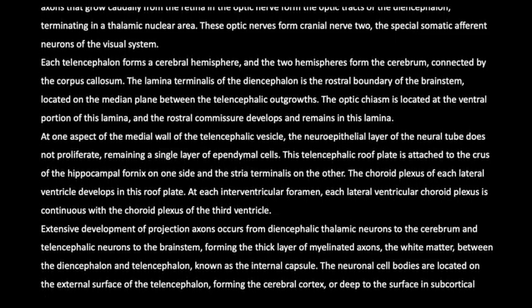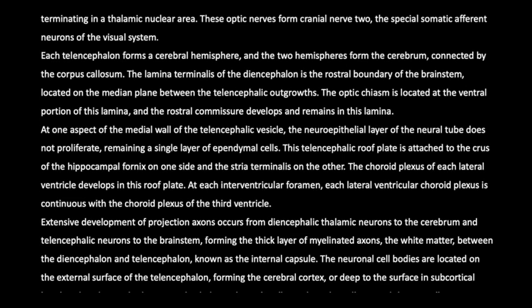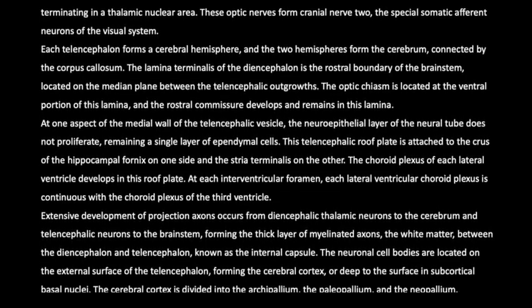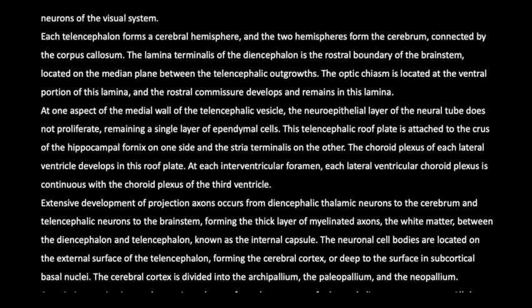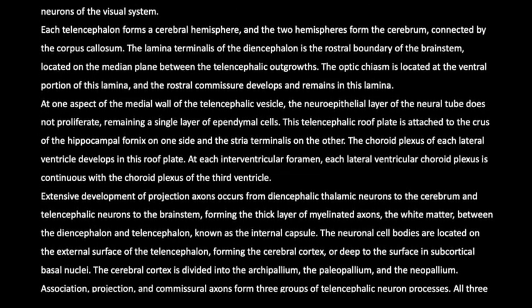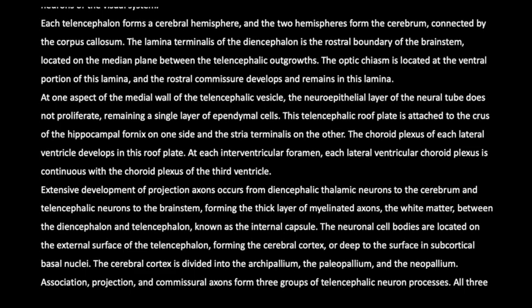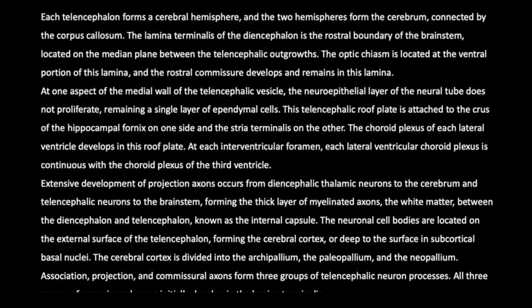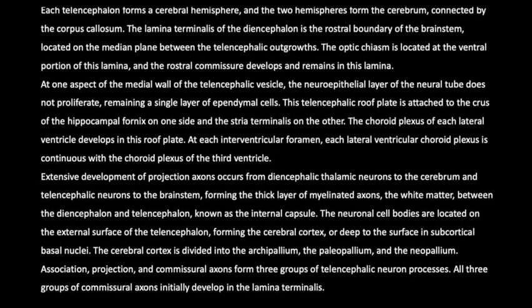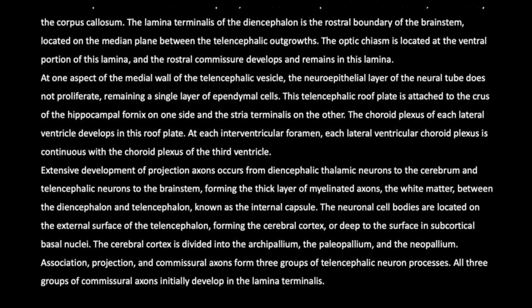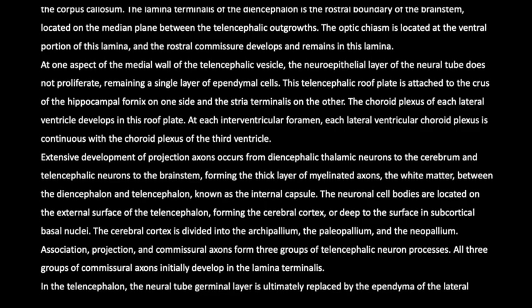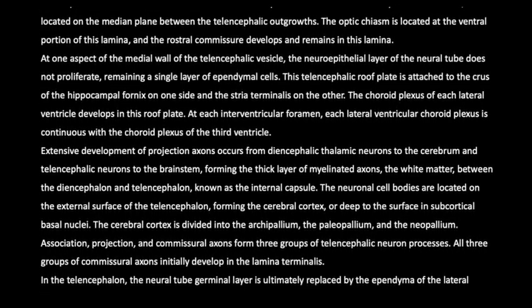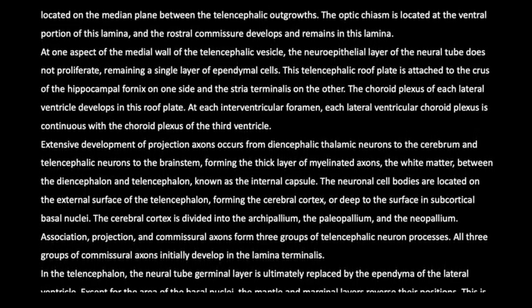Each telencephalon forms a cerebral hemisphere, and the two hemispheres form the cerebrum, connected by the corpus callosum. The lamina terminalis of the diencephalon is the rostral boundary of the brainstem, located on the median plane between the telencephalic outgrowths. The optic chiasm is located at the ventral portion of this lamina, and the rostral commissure develops and remains in this lamina. At one aspect of the medial wall of the telencephalic vesicle, the neuroepithelial layer of the